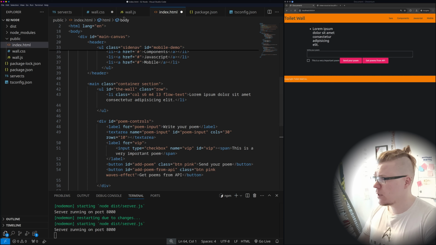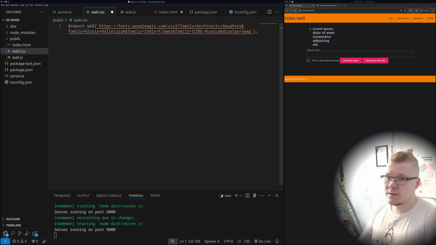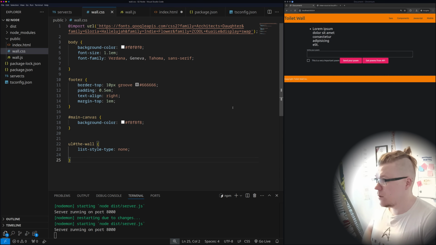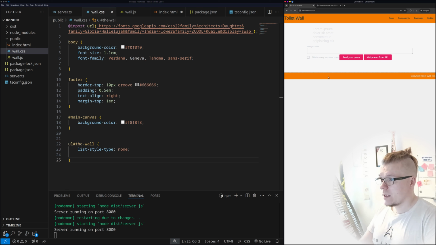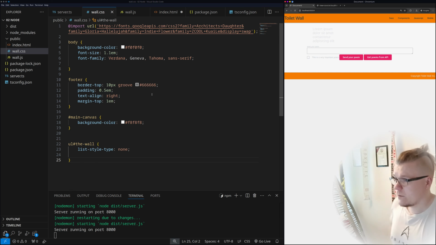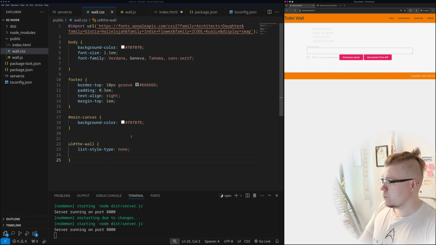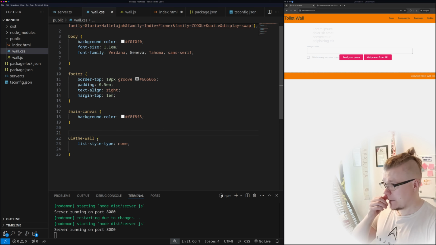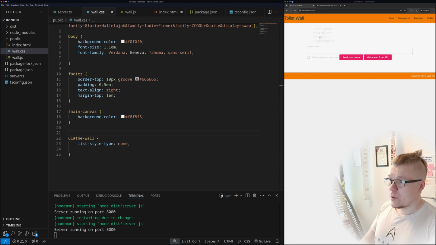This is working. I'm still adding some CSS besides these fonts. Let's make it so that we have a few lines of CSS. First of all, these kind of lines. So we have a background for our application. Now it's white. Then we have this footer, main canvas, and the actual wall. Now you can see that this is not good. This font is way too